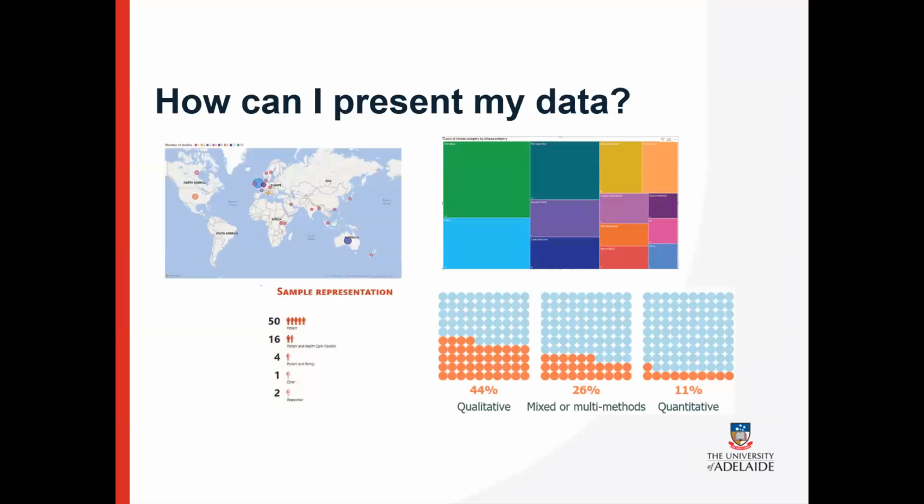You can use world charts to be able to work out how many articles come from where. You can use people figure charts, bubble charts, tree maps, anything you want to do to present your data. The world is your oyster. Please do more than a table, though, is my passionate plea to you all.